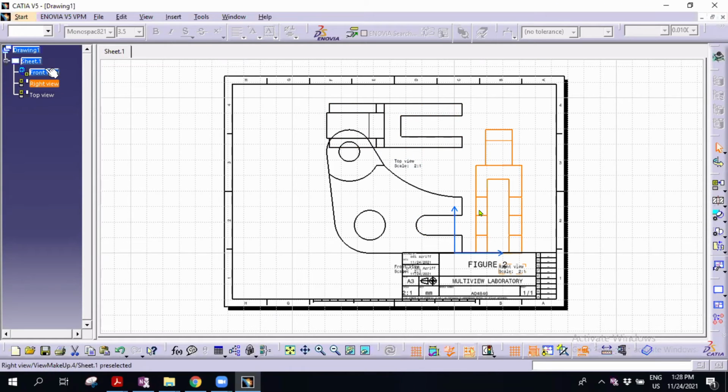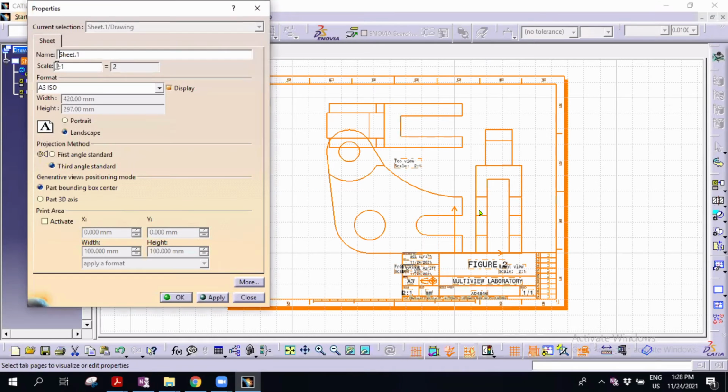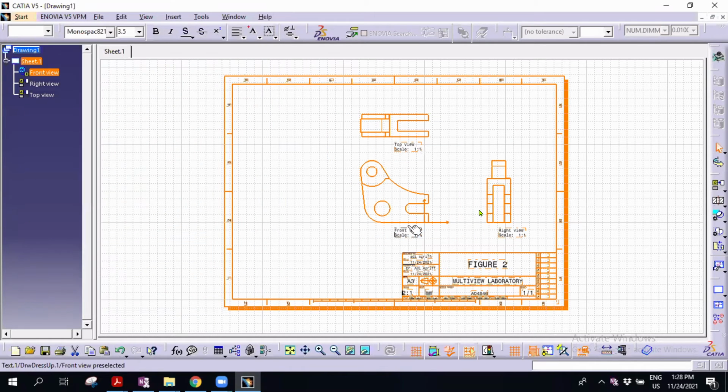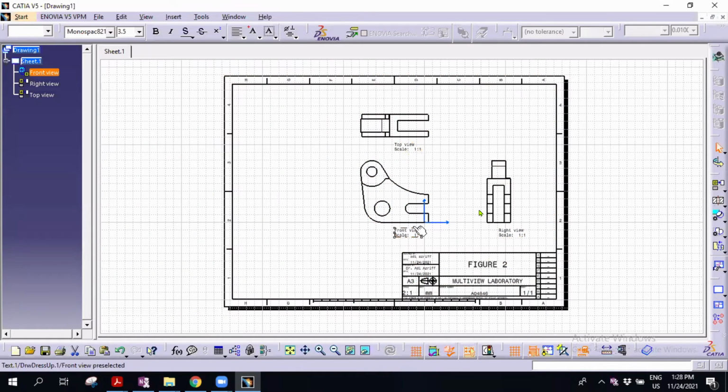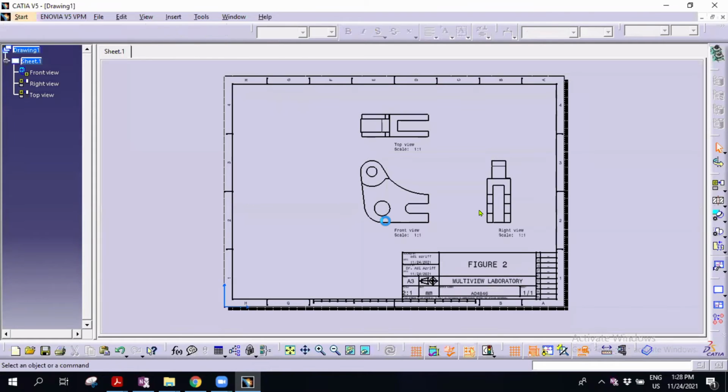For example, let's take 1 to 1 first. 1 to 1 scale. Apply. So this is the third angle projection. How to move it? This one we move.